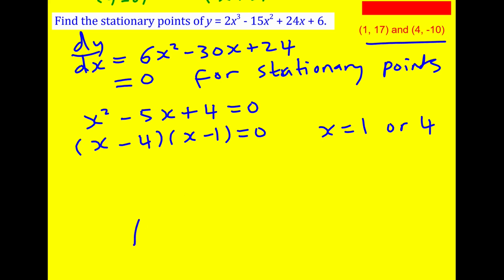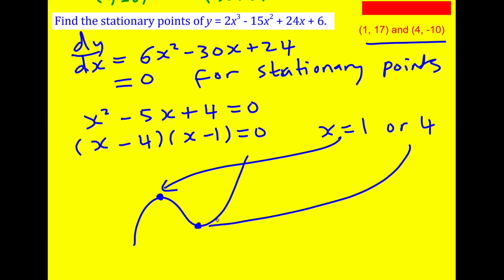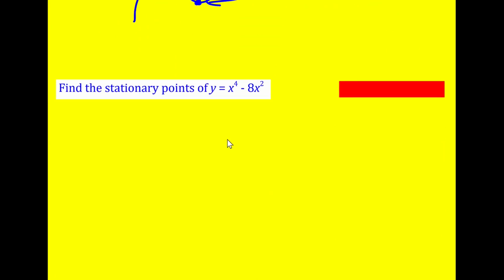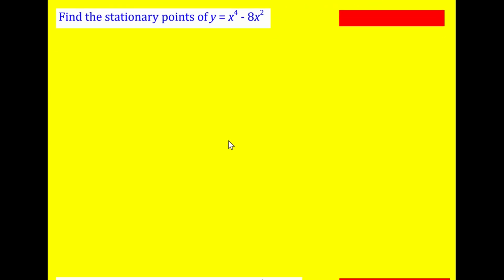This is going to be a positive cubic, and we've actually just found the x equals 1 is going to go with this one, and the x equals 4 and its corresponding y coordinate is going to go with that one, just for info. Okay, let's keep going. What about a quartic? Have a go at this one. Okay, same process. It's going to be 4x cubed minus 16x